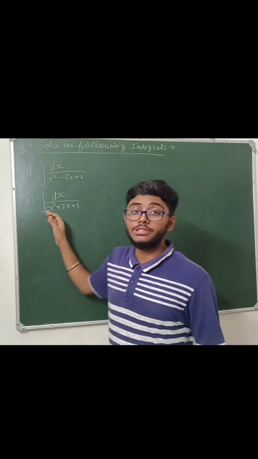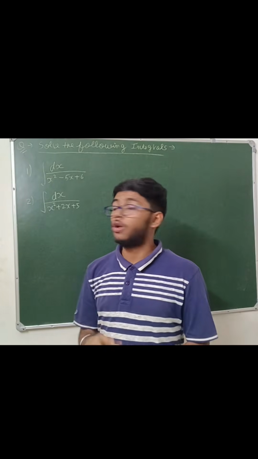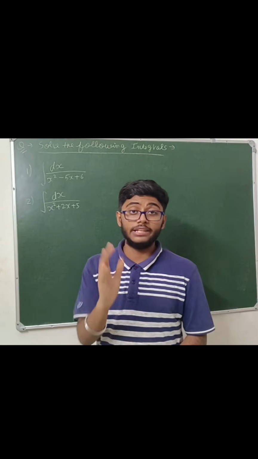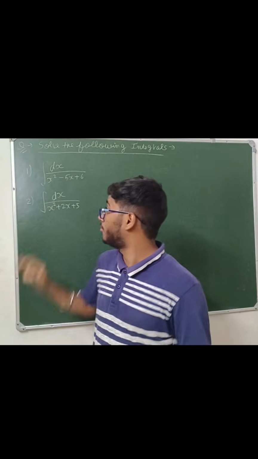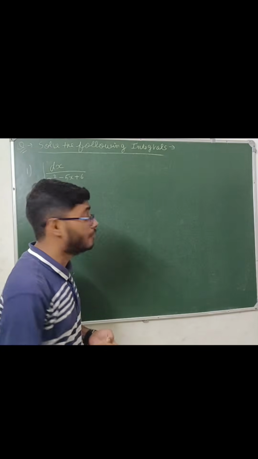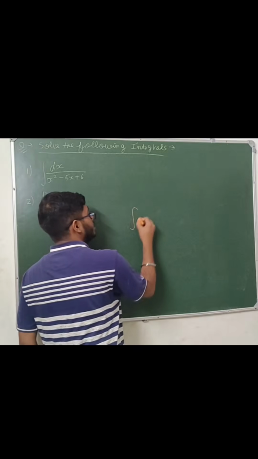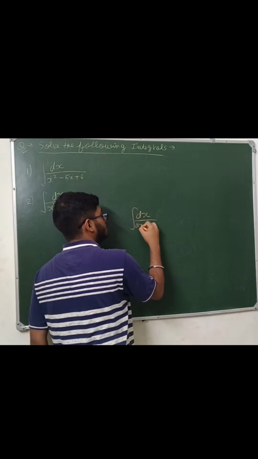So whenever these type of questions are given in the examination, students generally go for the longer approach. They make it the perfect square and then they integrate. But what if I tell you I have the standard formula for these type of integration? See, whenever you have to integrate a quadratic, it is in the form of dx upon ax square plus bx